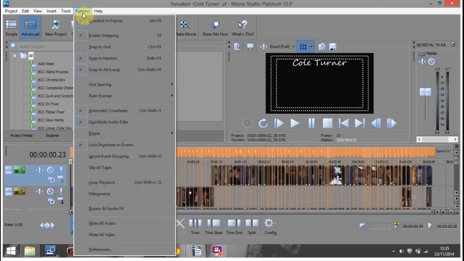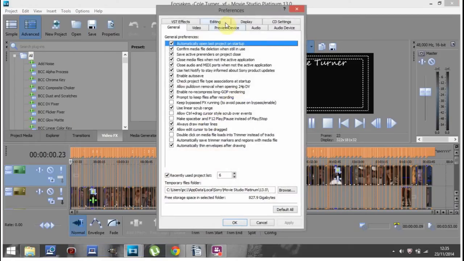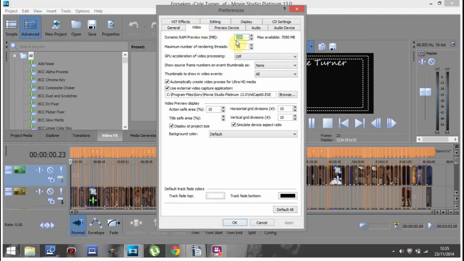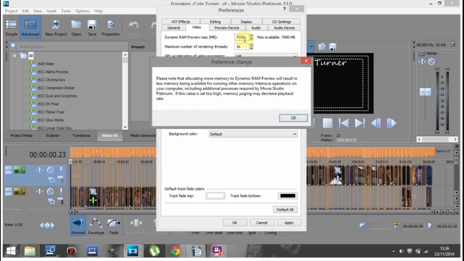Now this obviously depends on how good your computer is, but you can go to Options, Preferences, and under the Video tab, there's a little thing here that says Dynamic RAM Preview Max, and right now it was only on 200, so that explains why it wasn't able to play a very large amount back. As you can see here, my max available is about 7,000, so if you want to play a lot back nice and smoothly, you would just increase the number to the highest you can, like 7,000 for example. Click OK. This little message is going to come up and you're just going to ignore it,